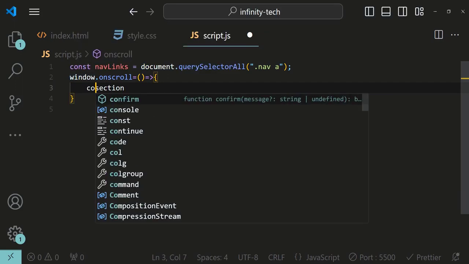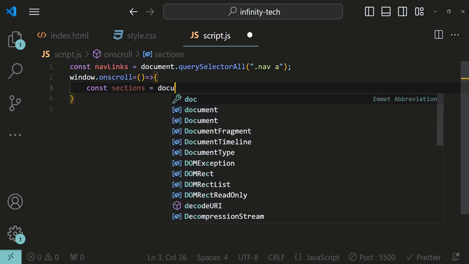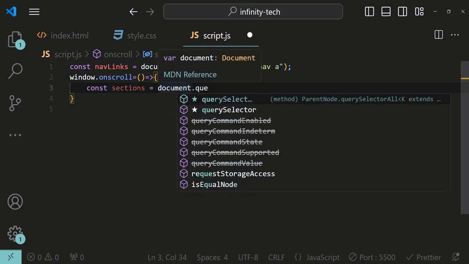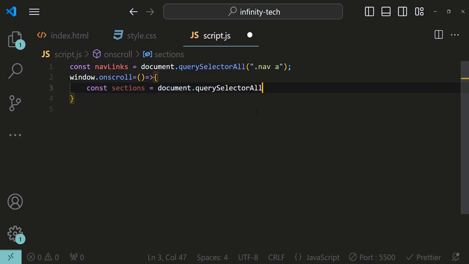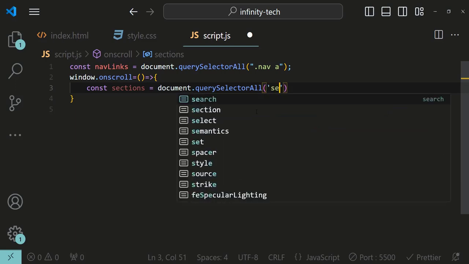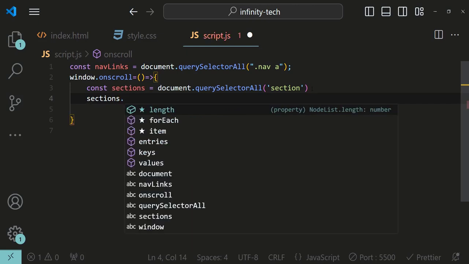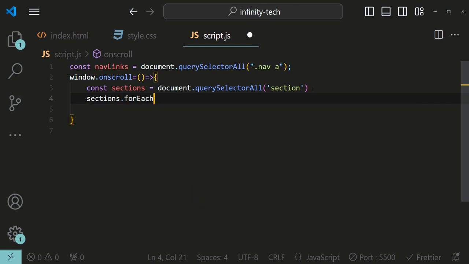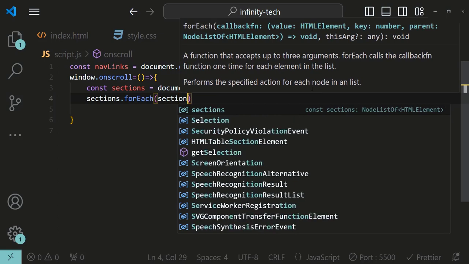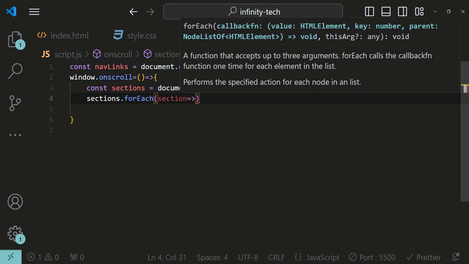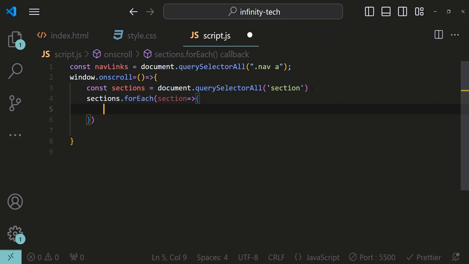Again, since we have a lot of sections, therefore we are using querySelectorAll, and to that we are going to pass section. Now we are going to iterate over each of these sections. So forEach, let's pass one section at a time to the arrow function. Now within the body of this arrow function, we have to define three variables. So now the name that we are going to give this variable is scroll